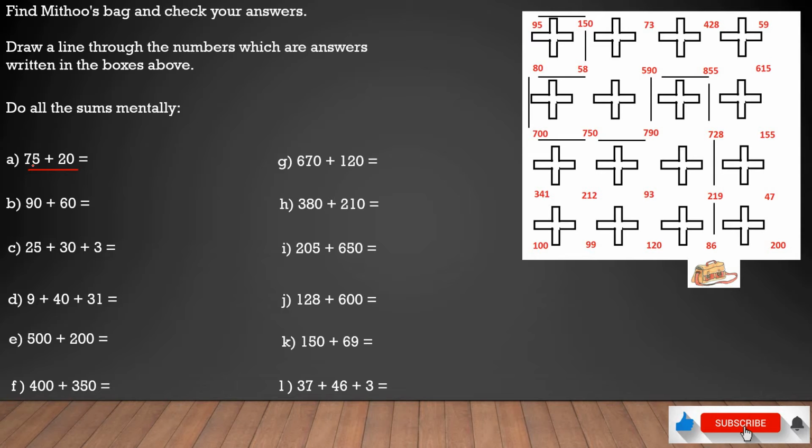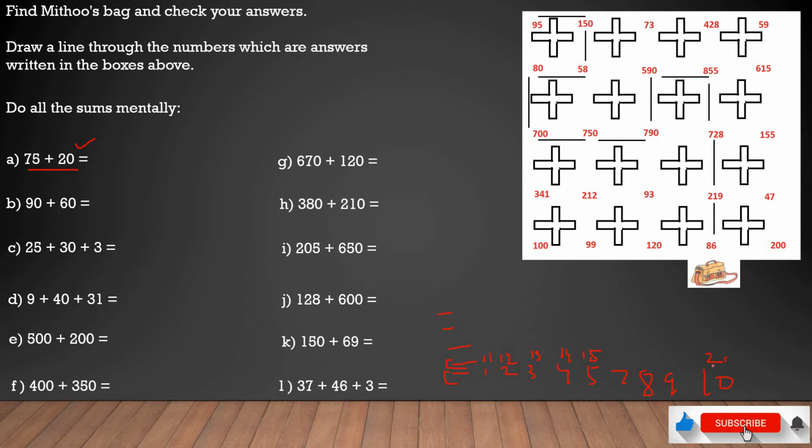So if you see, this is 75 plus 20. If you add 20 to 75, how much will we get? It is easy to add 20 and 75. If you remember the table where we kept 10 numbers in each row, those who have seen my previous video, the numbers were given in this way: 7, 8, 9 and then 10. Again, in the next row we start from 11, then 12, 13, 14, 15. So in each row 10 numbers were entered.